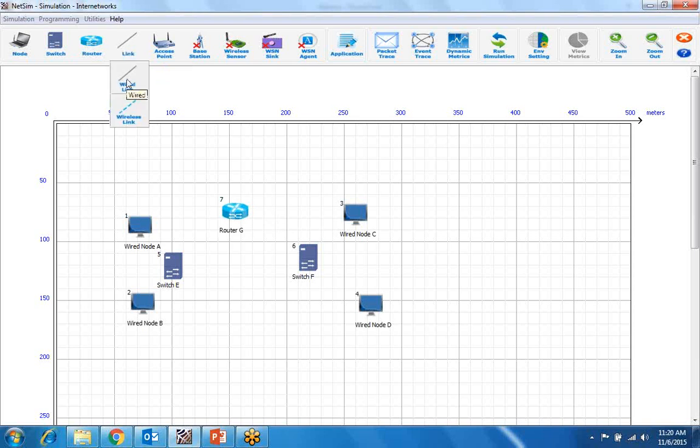And link has wired and wireless. You can just click and drop. Okay. So we just connected those nodes.